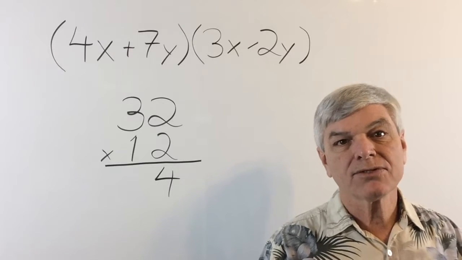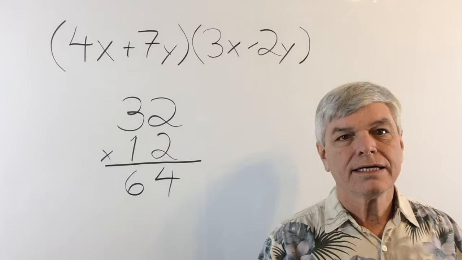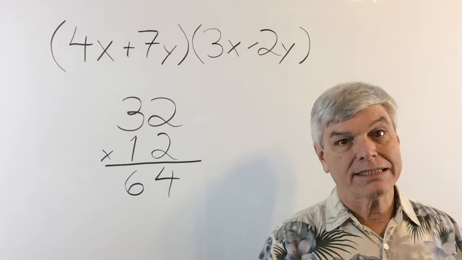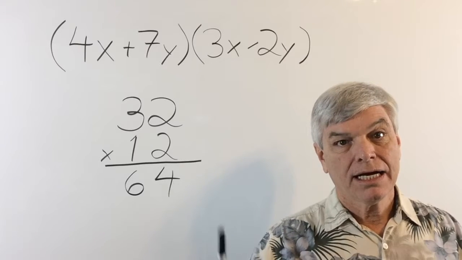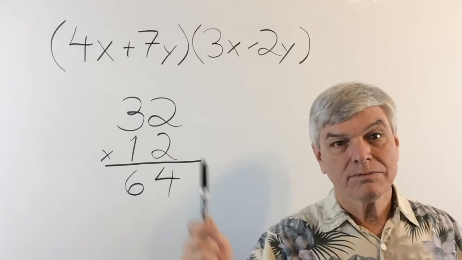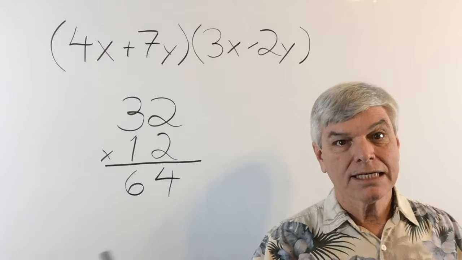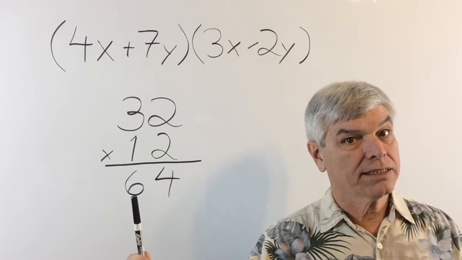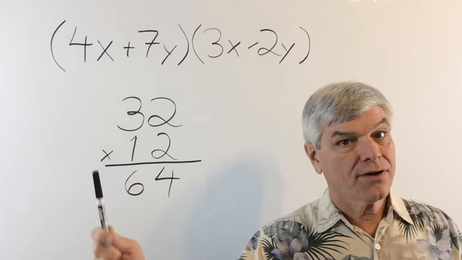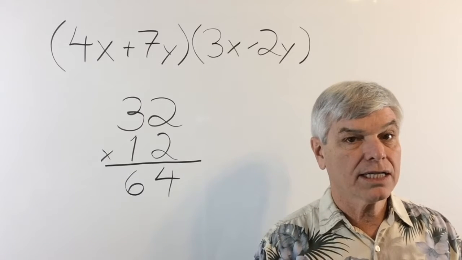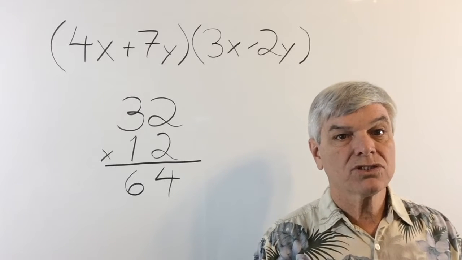2 times 3 is 6. But what's in this column? This is the unit space. And what's in this column? It's the tens place. And if we had another column, it would be the hundreds place, thousands and 10,000s, on and on like that. I'm keeping this real simple so that you'll understand what we're going to be doing when